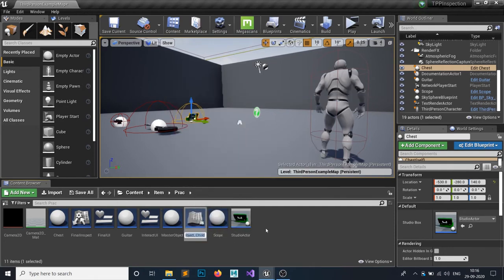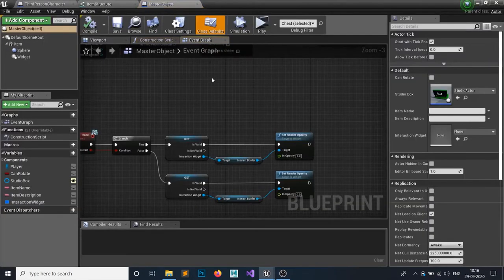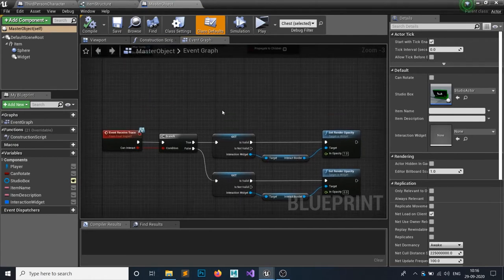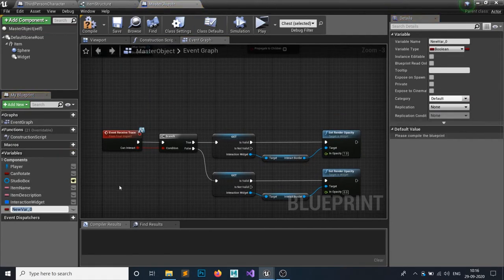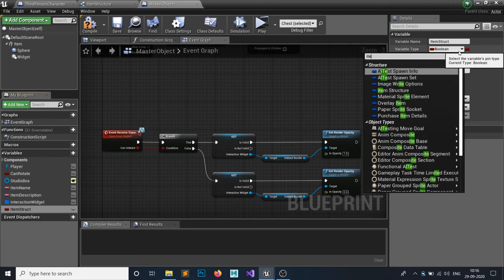class, and I'm gonna call it a herb. So this would be a herb. Compile and save. And before that we want to do certain things. So open your master object, and inside here we want to add a variable, and this variable is item structure. So item struct, I'm gonna name it, and the type is item structure.